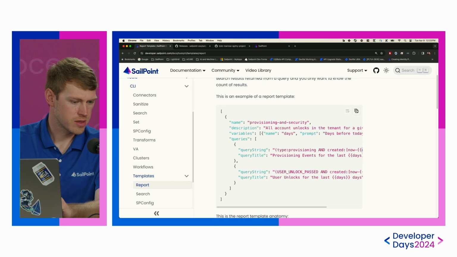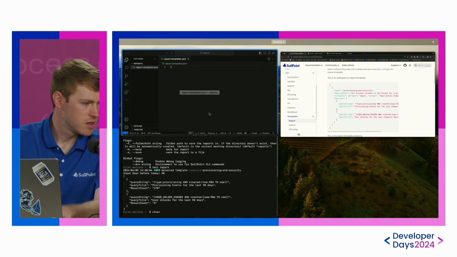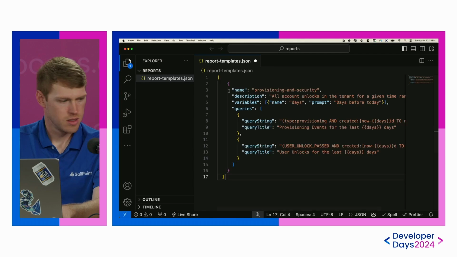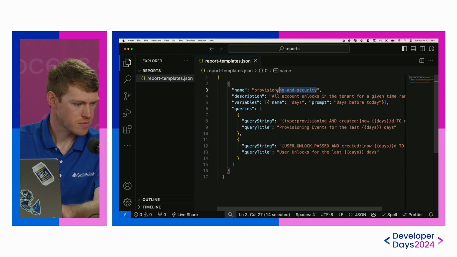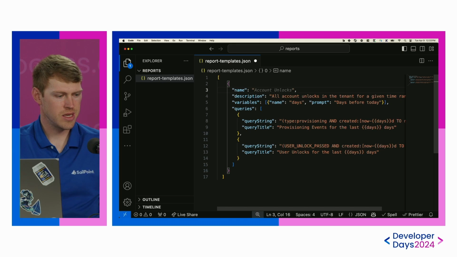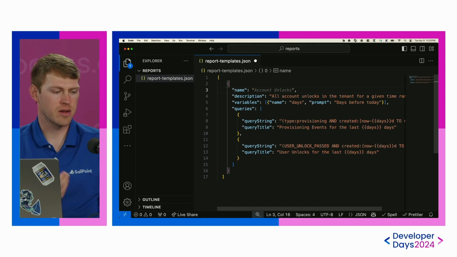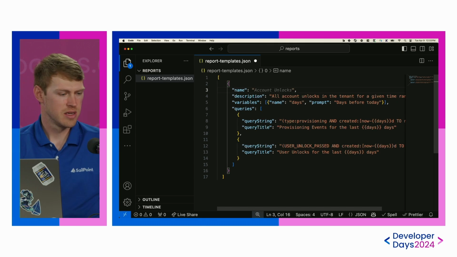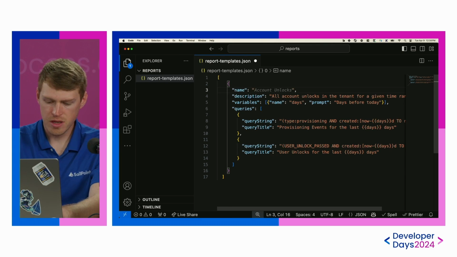template of a report. So if I copy this, let's create our own. So I'll save that there. And so let's create a report to see inactive identities with access. So maybe you have some identities that have access still under their account, but their cloud lifecycle state is inactive. So maybe you want to know about that and perform some actions based on that. So let's take a look at what that looks like. So I'm just going to call it